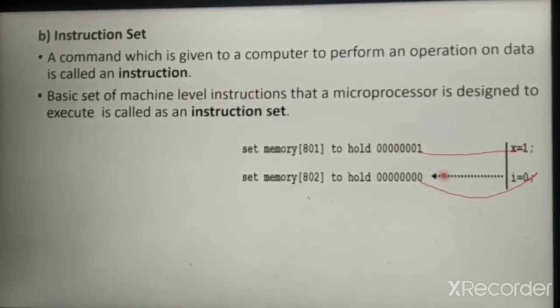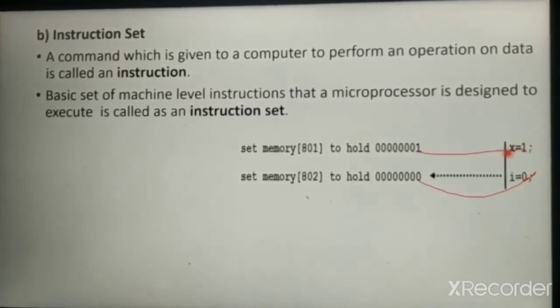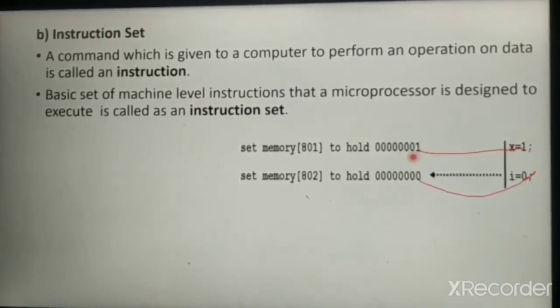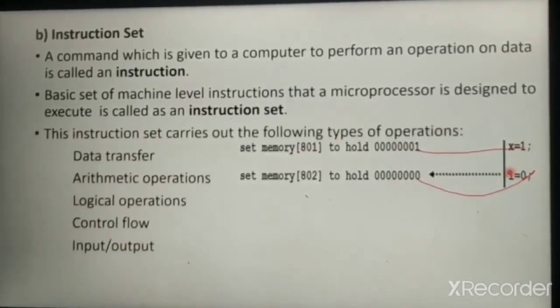Here is a given example, x is equal to 1, which is high level language. We know only high level language. This must be converted into binary code and given as input to the processor. So x is equal to 1. This 1 must be converted into a binary code. It's 8 bits. Here 1 is the address, the location where the data is stored. Like this 0, this is a proper binary code for 0. So it contains various operations.